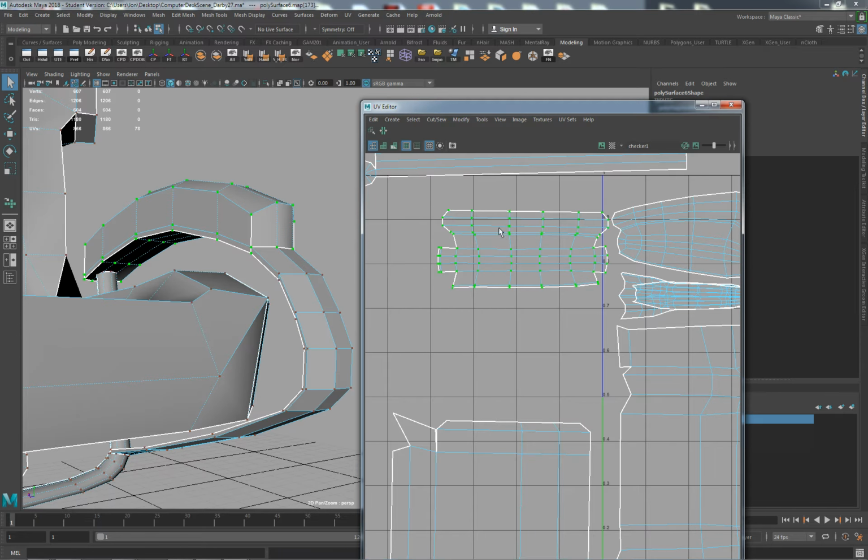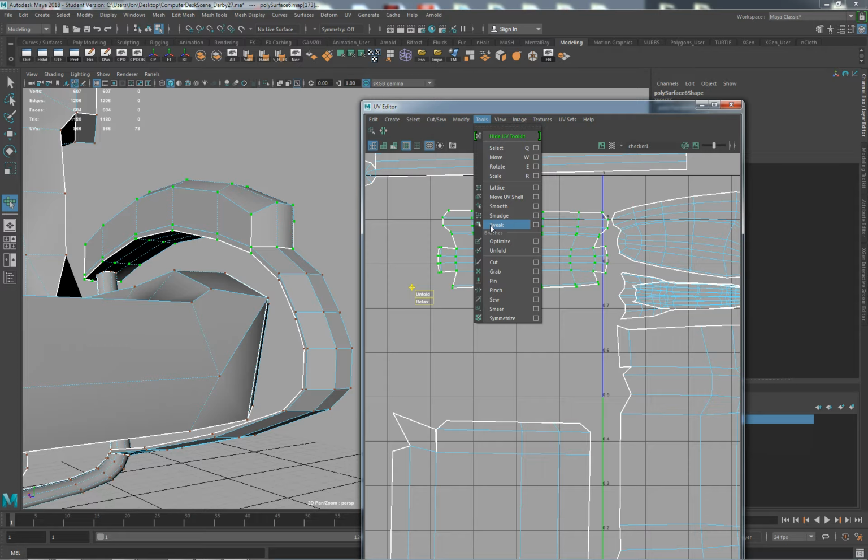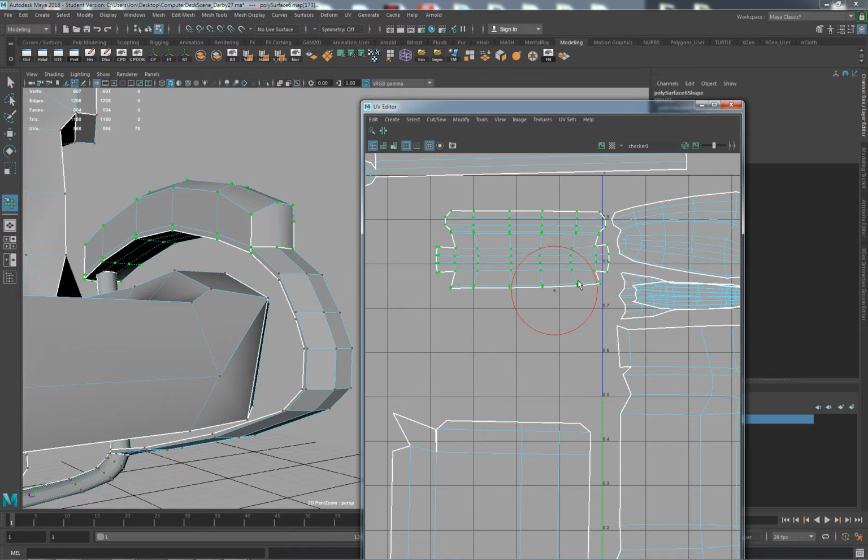A little bit better, and now we'll select the whole thing and go either to the unfold, so smooth, unfold, or optimize. Okay, let's try unfold. The brush cleans that up. Okay, and then what I would do after that is, if you really want these nice, go in here, take